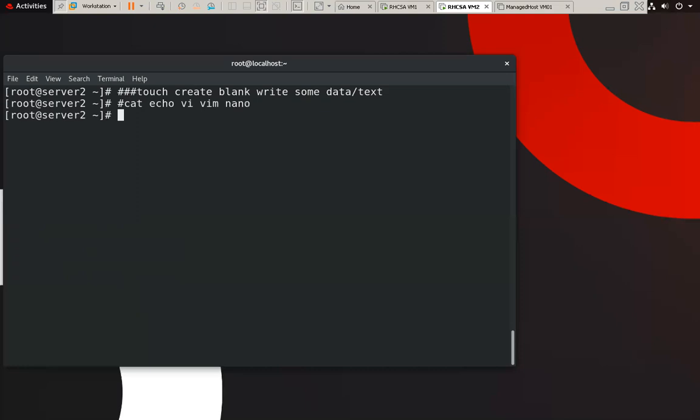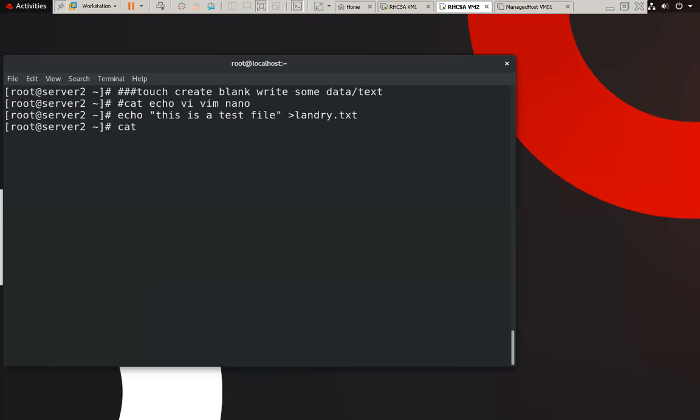So how can I use echo? Give some text, this is a test file. We use the greater than symbol, then the file name, landry.txt. This is my file name, and this is the extension we can also define.